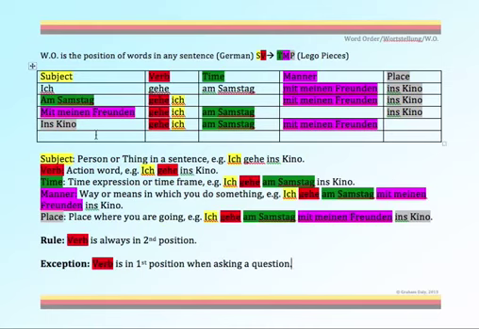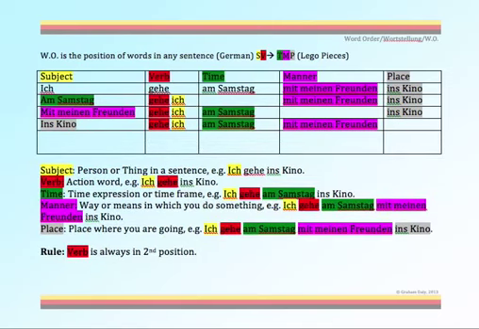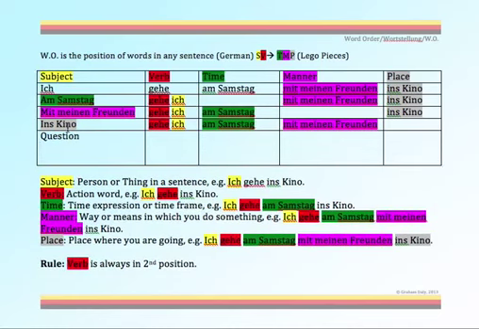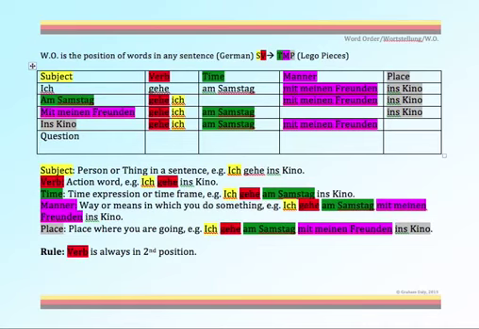Okay, so I'm going to have an example here, but I'm going to make it a little bit bigger. I'm going to put question, just so you don't get confused. So the question section here is going to serve as the heading for the sentence that I'm going to write underneath. And this will be your cue to know that the first rule, verb is always in second position, applies to the first